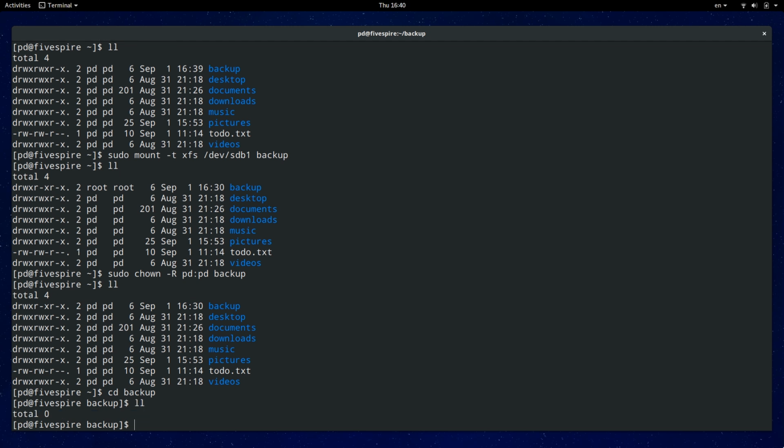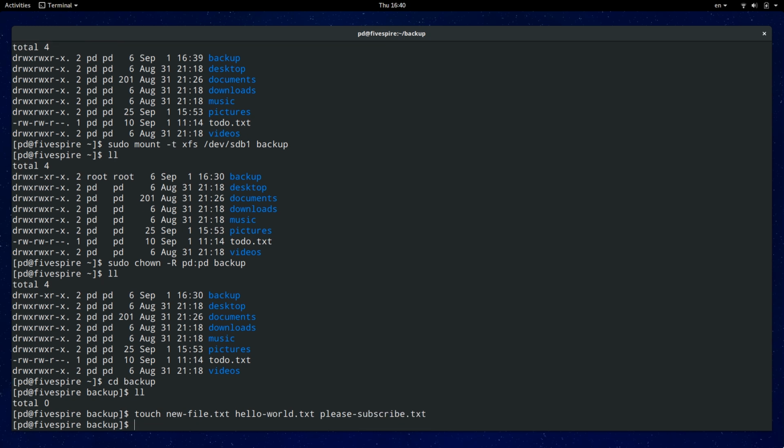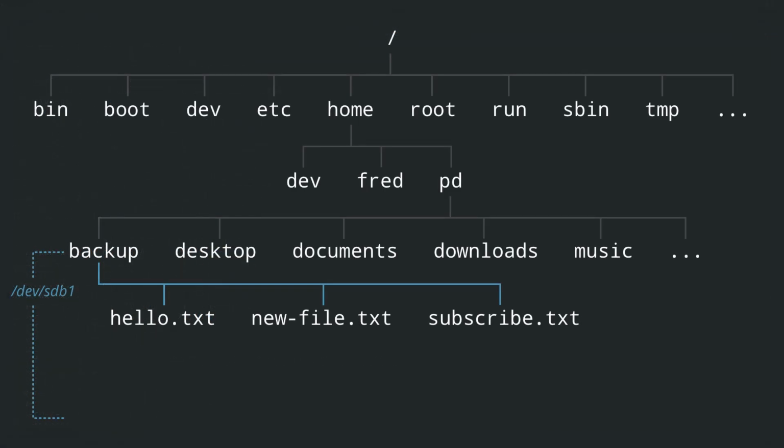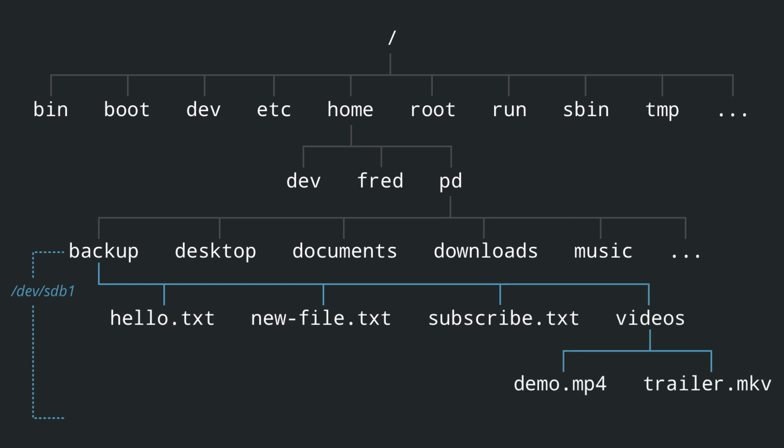And as you can see, the partition was completely empty. Just add some new files: touch new file dot txt, a hello world dot txt, and why not a please subscribe dot txt. And we can list the directory content, and they're all there. And these files are stored in the SDB1 partition. And if I continue down, modifying anything in this backup tree, it will be stored in the SDB1. So if I didn't know anything about this partition, it would just look to me like it's on a single